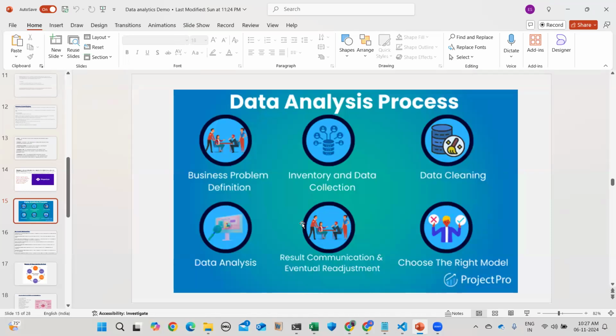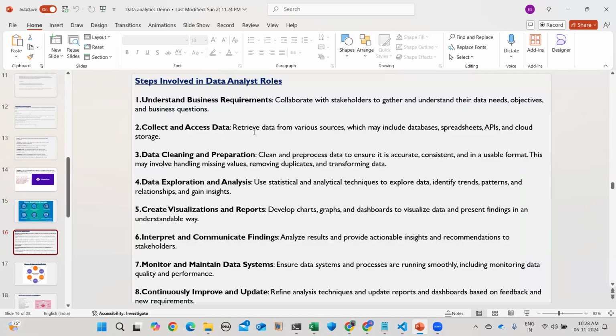Once it is done, you have to choose the right model. What is good for our business? What is not good for our business? This can be done by doing the predictive analysis. So once all these things are done, this will be your day-to-day responsibilities as a data analyst, what you'll be working on. So now see, the steps involved in the role are,